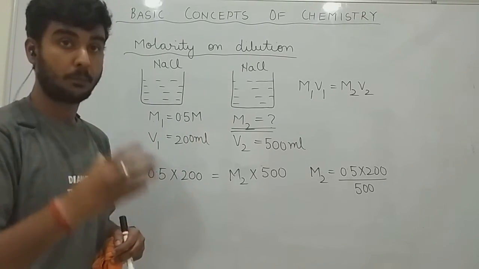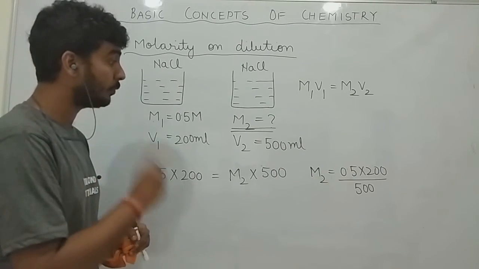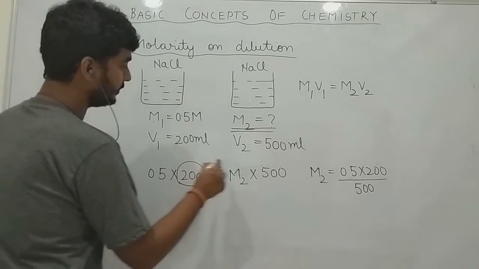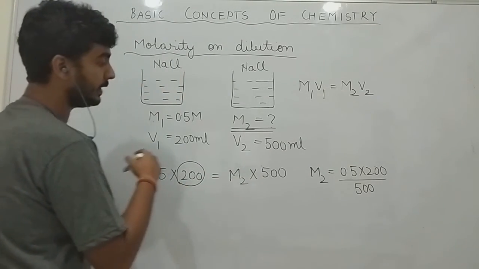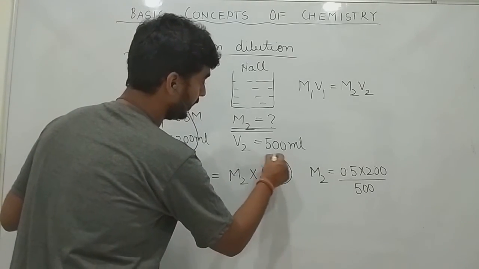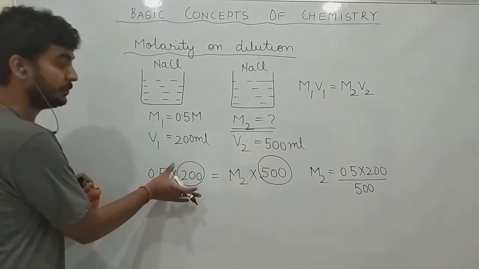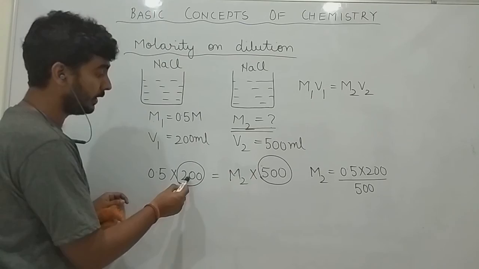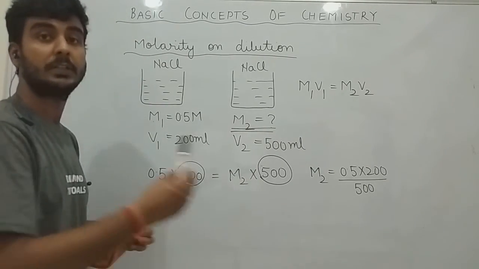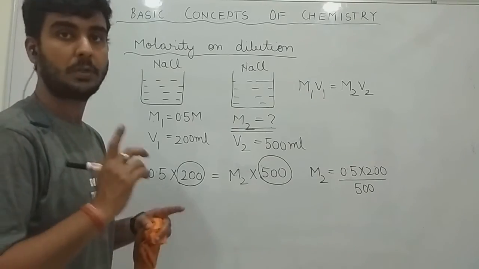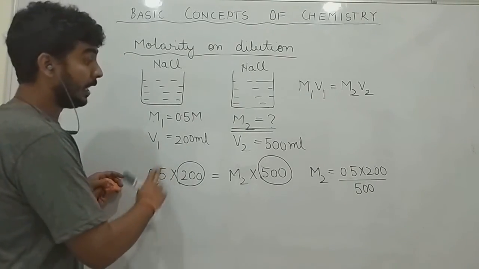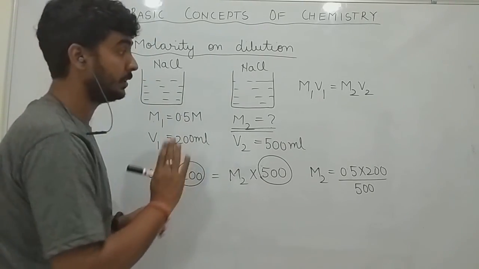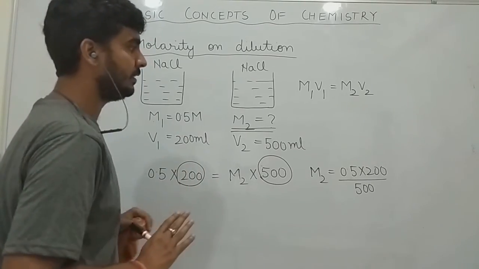We will talk about some more points about molarity in the next class. Remember one more thing. In this formula, whatever unit of volume you are substituting on the LHS, that unit should be the same on both sides. Suppose here I have substituted volume in milliliters. So here also the volume should be in milliliters. Don't substitute milliliters on one side and liters on the other. That will give you an incorrect result. So remember this aspect. Only that silly mistake is sometimes made in the use of this formula. Otherwise, it is a very easy formula.